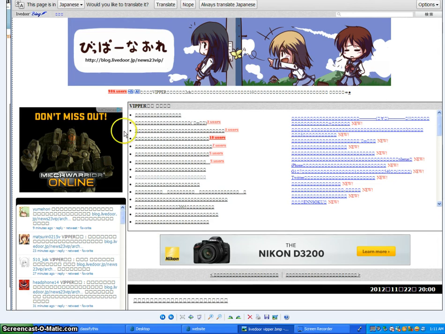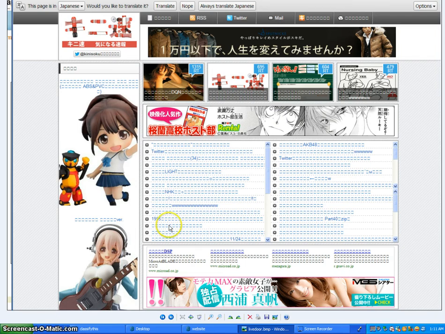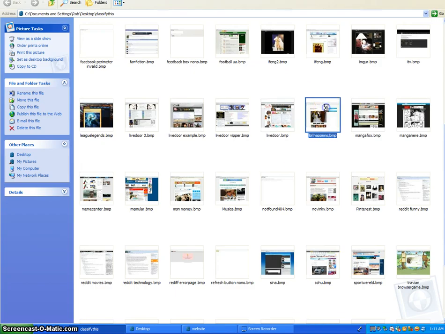This is one of the few. This one's VIPPER. This is a Live Door, but I will name it Vipper. That's the way I do those ones. Here's another Live Door one. I can't figure out what the name of this is, so I pick yes, write Live Door, and I move on.